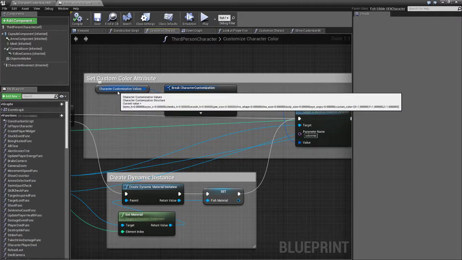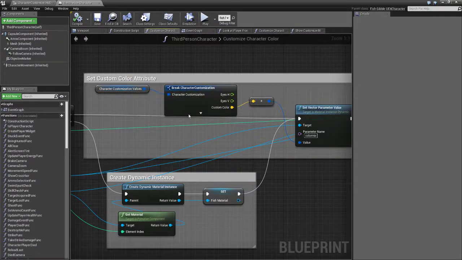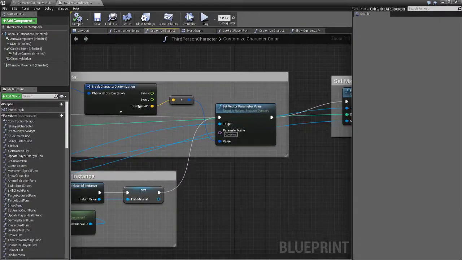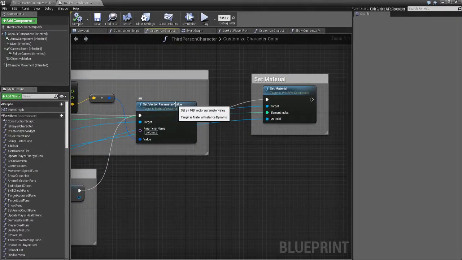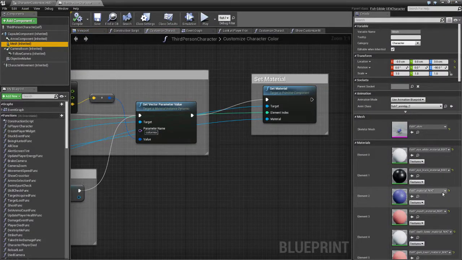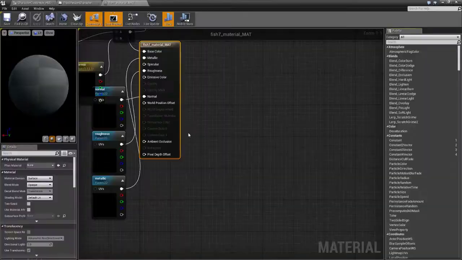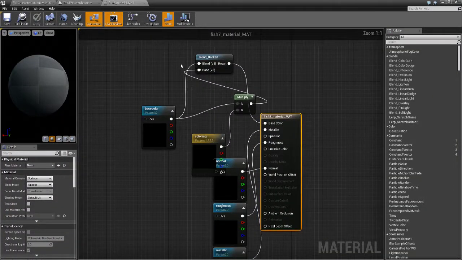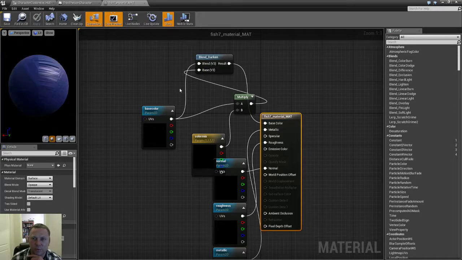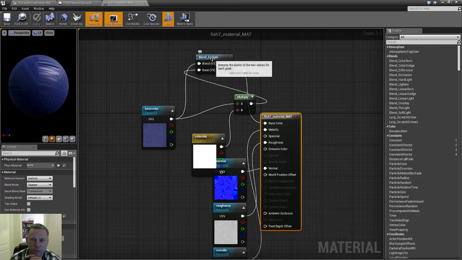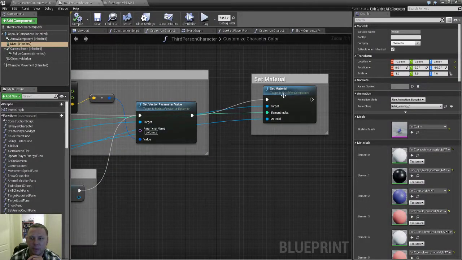And then I use the color from the character customization values, break that up, use the color there, set it as a vector parameter on the material. And all of those materials had to be changed. They were imported from Substance, and I don't want to use the Substance variable because it was overkill for just a simple little blend that I'm doing here. I'm just calling a darken on an input parameter called color mix. So what it will do here is set that vector parameter, color mix, and then override the material, and it does this on every call